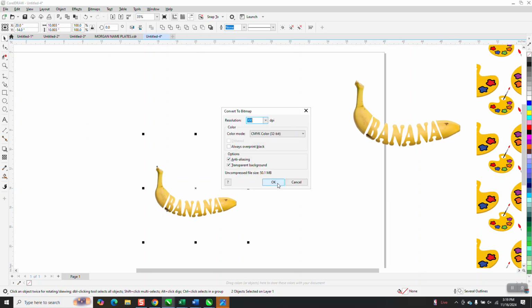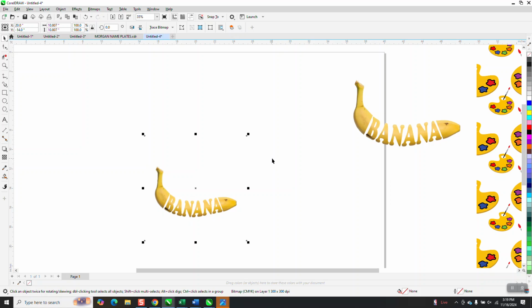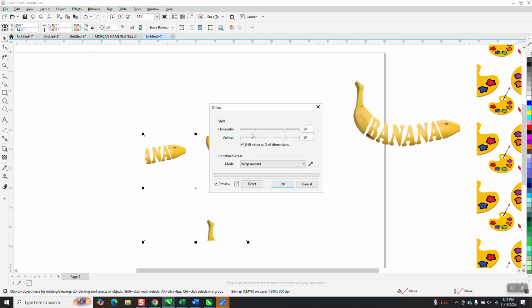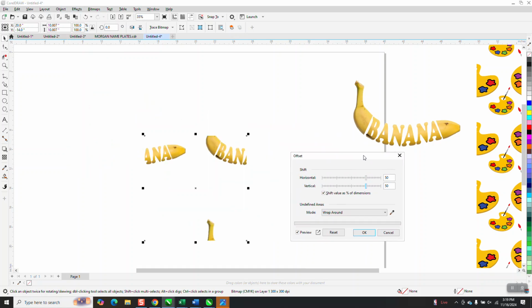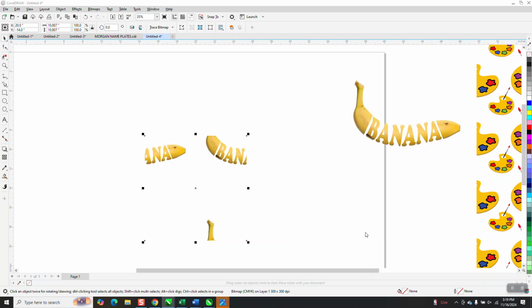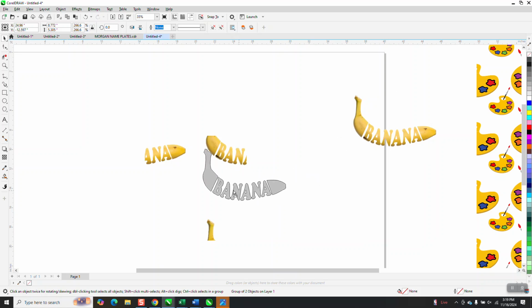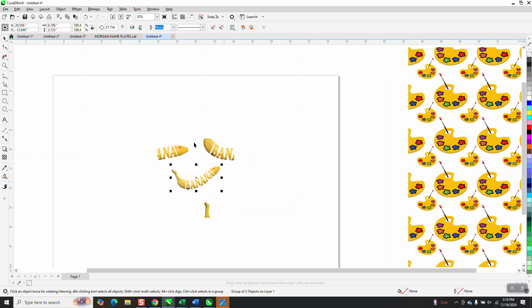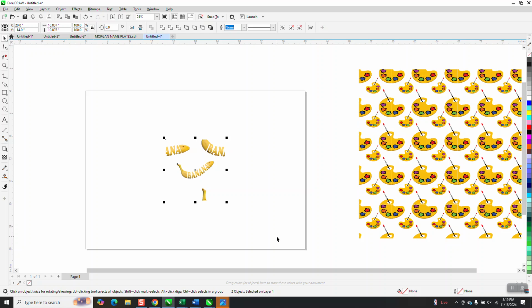Now, because it's a vector, it's still going to be a vector even though it's a bitmap. And then go to Effects and down to Distort and go down to Offset. And 50-50 works the best. Now that kind of looks funny, but just say okay. And then take your other banana and put it anywhere inside that imaginary screen, and maybe even flip it. Okay, that's not going to work in this case, but let's try rotating it and giving it a different shape. Now we're going to group this together